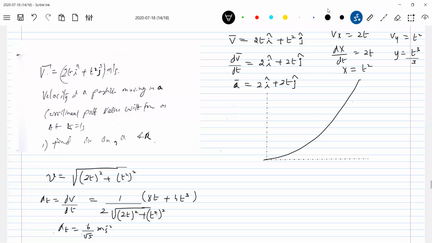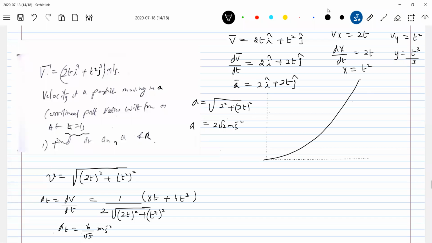Keep it aside. Now there's a total acceleration, no? Can I write this total acceleration in vector form? 2 square plus 2t whole square, and this is at 1 second because our entire problem is asked for 1 second. At t equal to 1, so this will be 2 root 2. a square will be 8. So this will become 2 root 2 meter per second square.